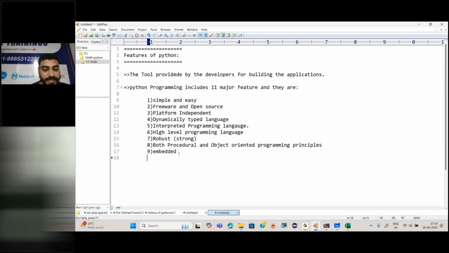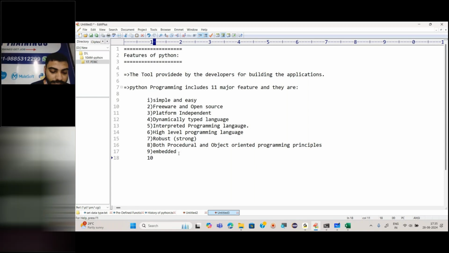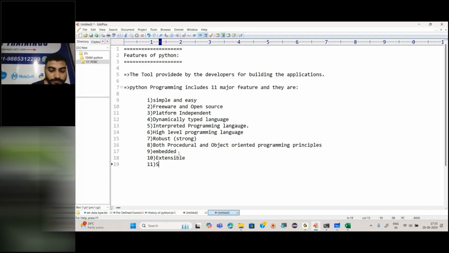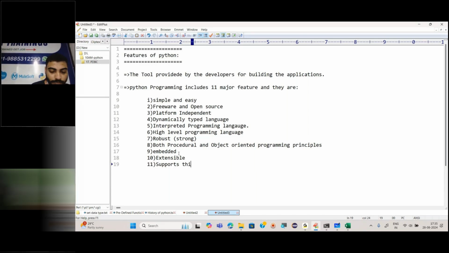Ninth is embedded. Tenth one is extensible. And the last one supports third party libraries.